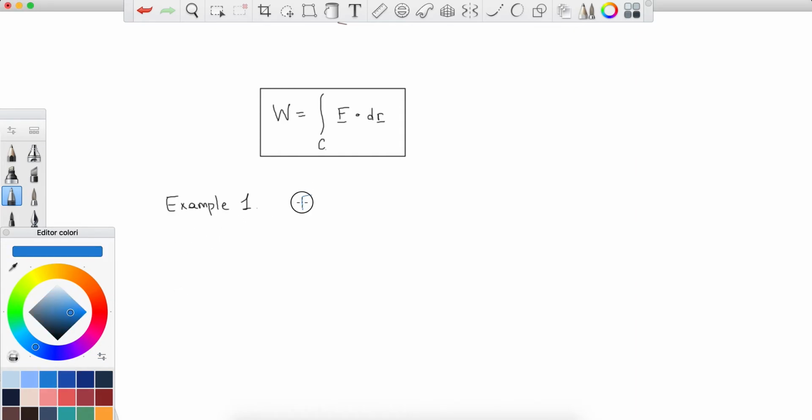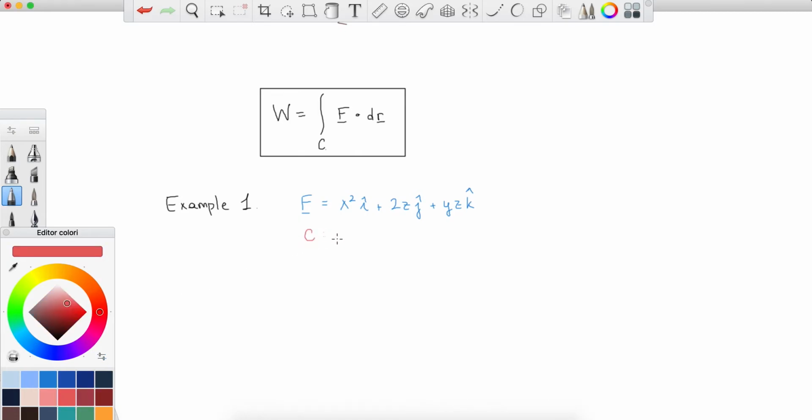So F is equal to x squared in the direction i plus 2z j plus yz k. Okay, this is the force that is being applied on a particle,